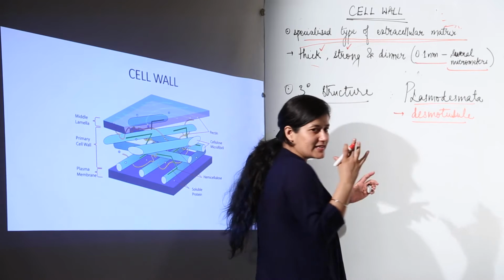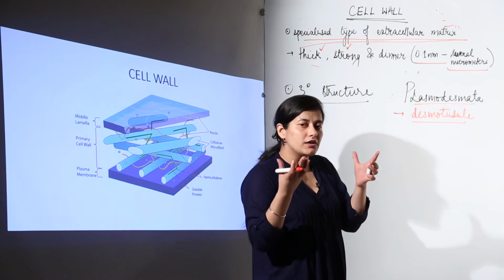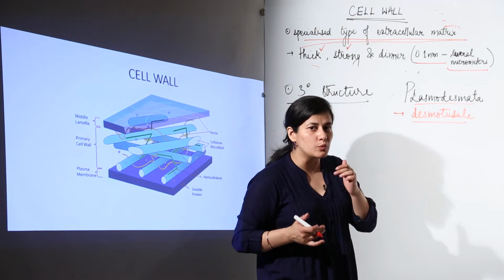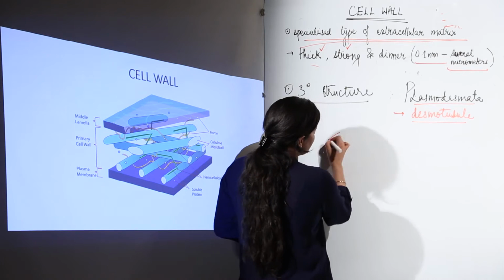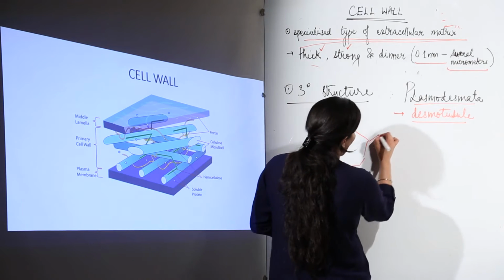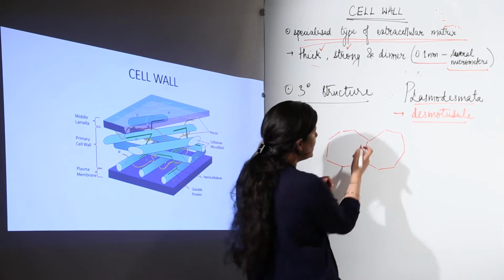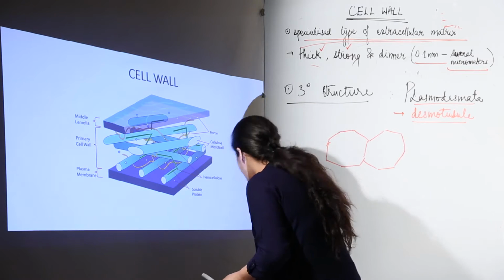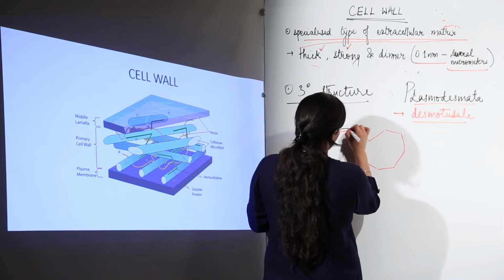See, you know that cells, when we are talking about a multicellular plant, would be functioning at a tissue level, and when the cells are functioning at a tissue level, they have to work in coordination with each other, they have to work as a single unit. So, we usually represent a plant cell like this. This is the easiest way we represent a plant cell, and the other plant cell that would be in close proximity with it would have its own cell wall and middle lamella, and just to tell you other things that you have studied, this would be the simple cell wall composition of the plant cell.